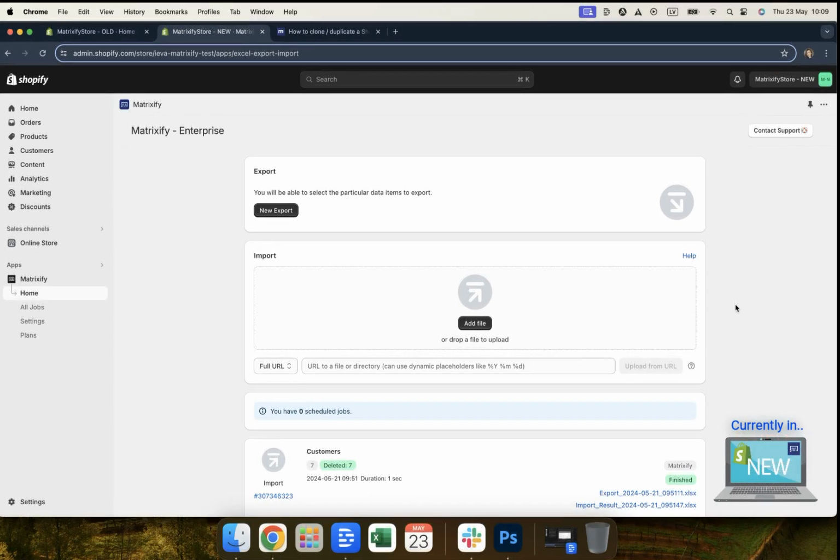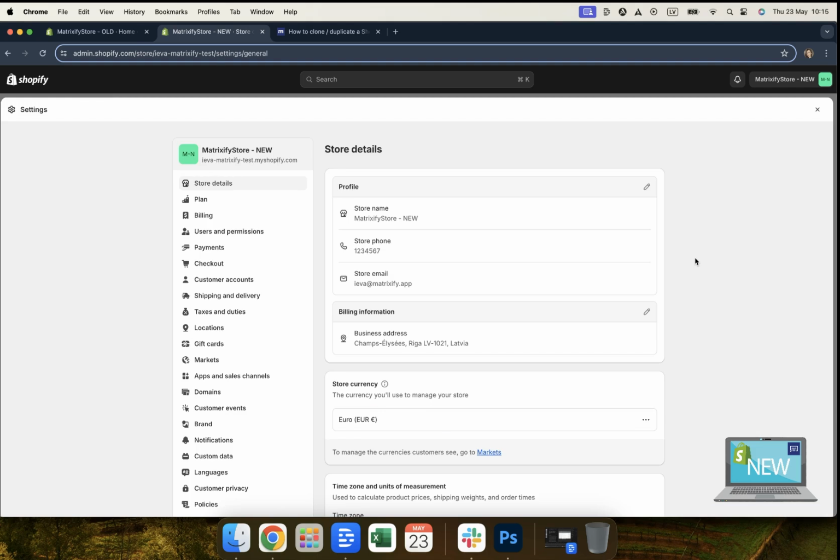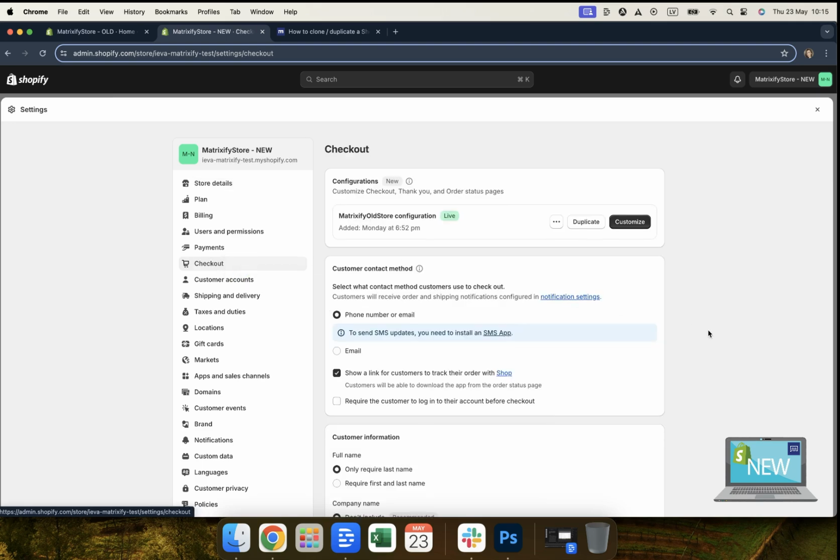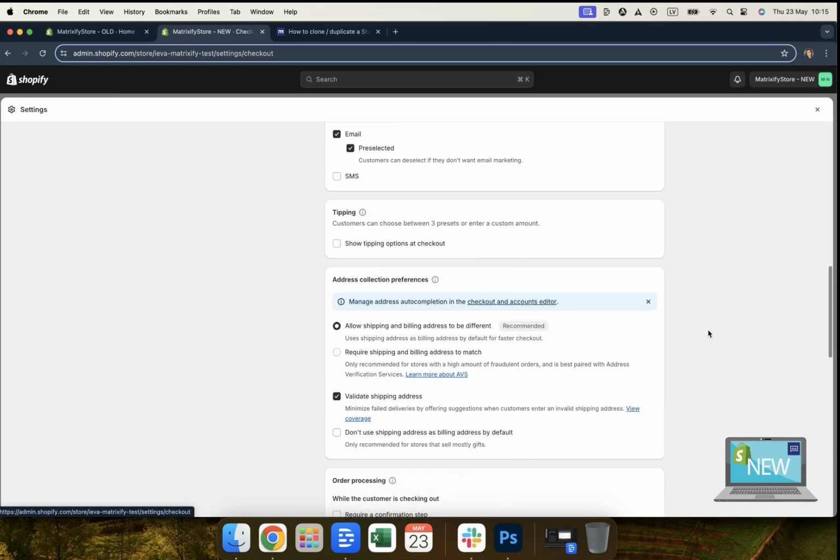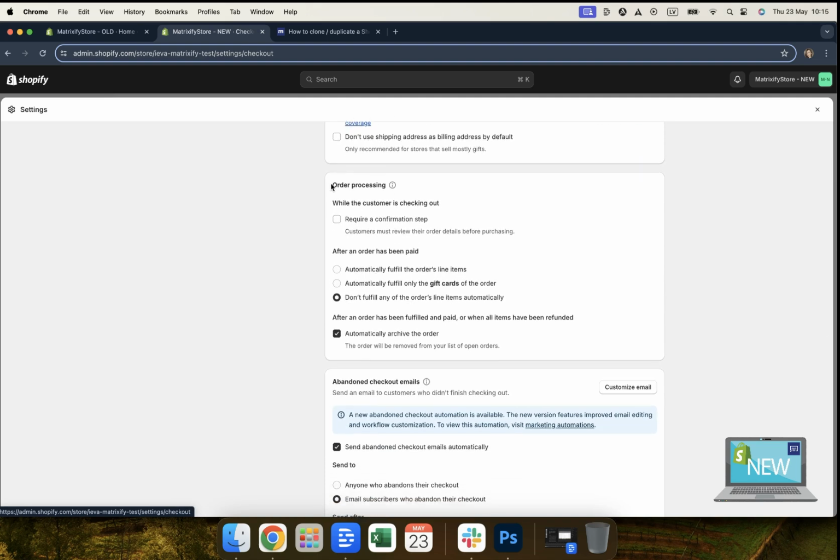We need to start in the store that we'd be importing into or migrating to, which in my case would be the Matrixify store new. In this store, you would then need to head to your settings. Once in your Shopify settings, locate checkout. In checkout, scroll down to where you can see order processing, which would be here. In this order processing section, you must make sure to select don't fulfill any of the order's line items